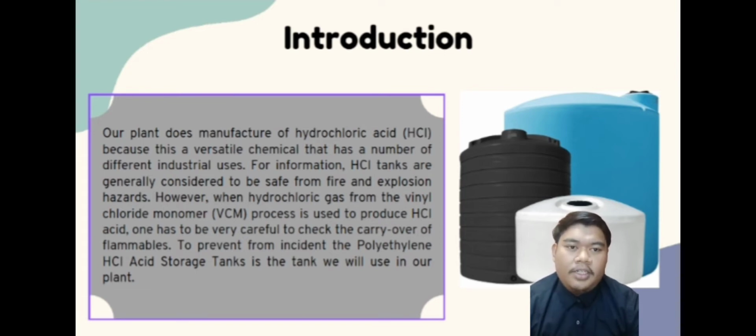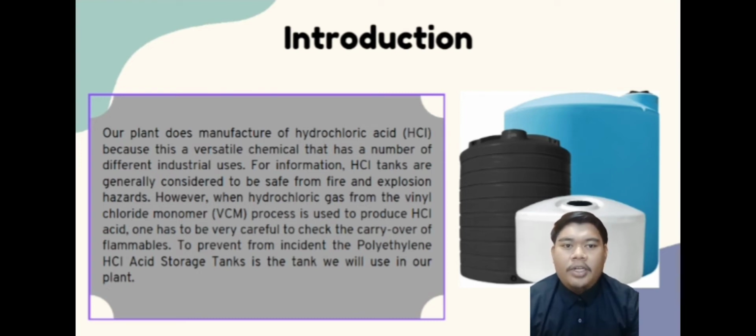For information, HCl plants are generally considered to be safe from fire and explosion hazards. Sometimes there are chances of contamination with flammables. Mainly, this depends on the process used. However, when the hydrochloric gas from the vinyl chloride monomer or VCM process is used to produce HCl acid, one has to be very careful to check the carryover of flammables. To prevent incidents, the polyethylene HCl acid storage tank is the tank that we will use in our